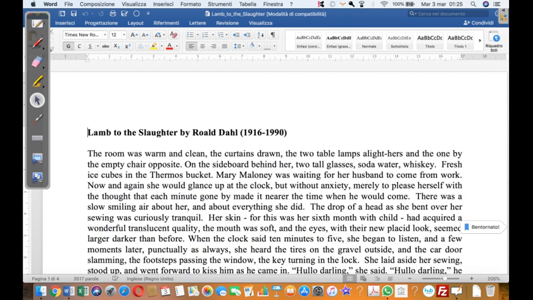There was a slow, smiling air about her. Even the sentence, think about the sounds, slow, smiling air. This idea that the atmosphere is very placid, is very tranquil, slow, smiling. Everything seems to make us think that nothing will happen. It's a tranquil day, it's something usual, something ordinary, and